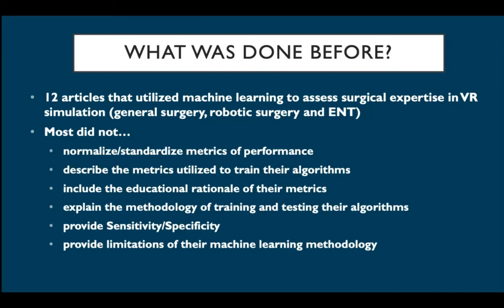So how could you train speed? And then how could you say that speed is effectively important in surgical expertise? You need to explain that if you really want to make it out there in the educational world. And then the other thing was that most of them did not explain the methodology of training and testing